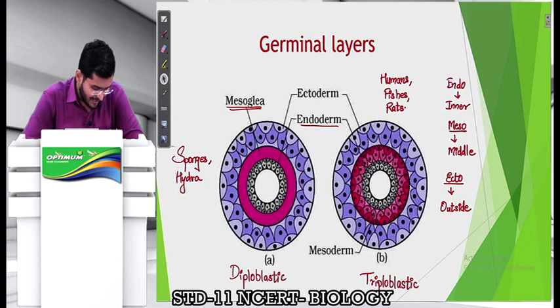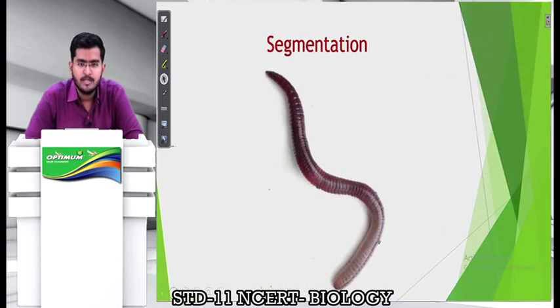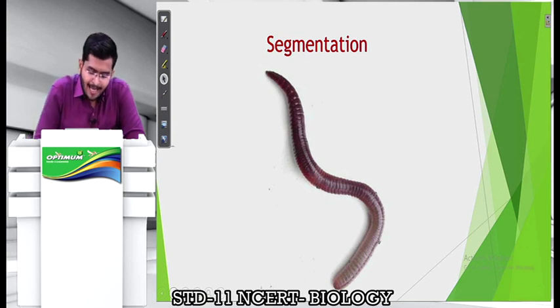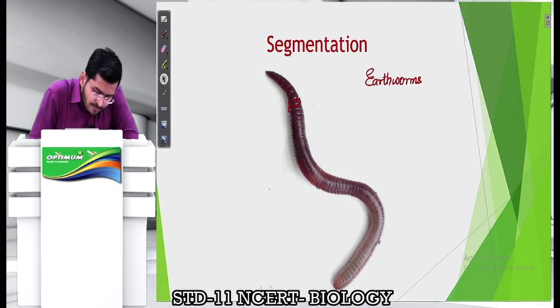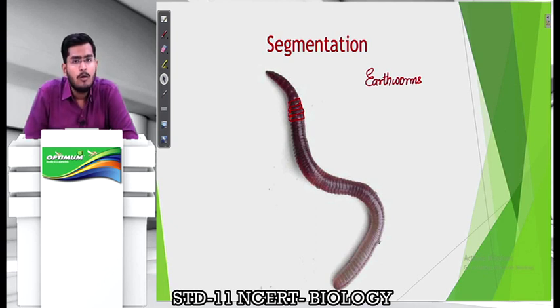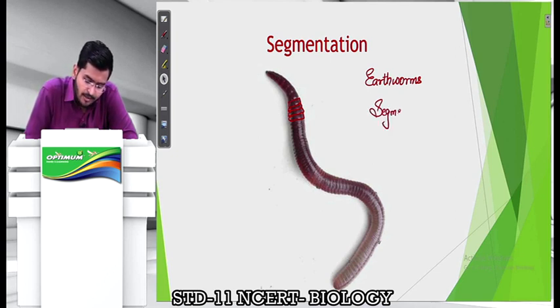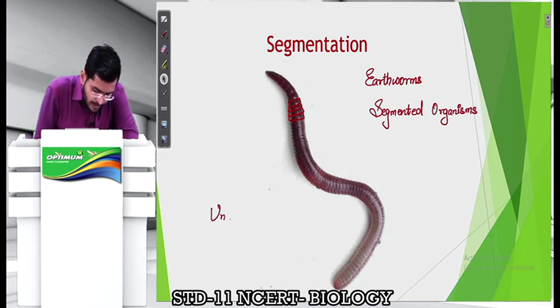Now we will start with the next criteria for classification of animals, which is segmentation. You will see that animals like earthworms, their body has segmentation. If you carefully observe this diagram, you can see these boxes which are nothing but body segments of the earthworm. Now let me tell you, all organisms will not have a segmented body. Some are going to have segmentation on their body, and such organisms will be called segmented organisms. While there are going to be some other organisms which will not have any segments on their body, and they are called unsegmented organisms.